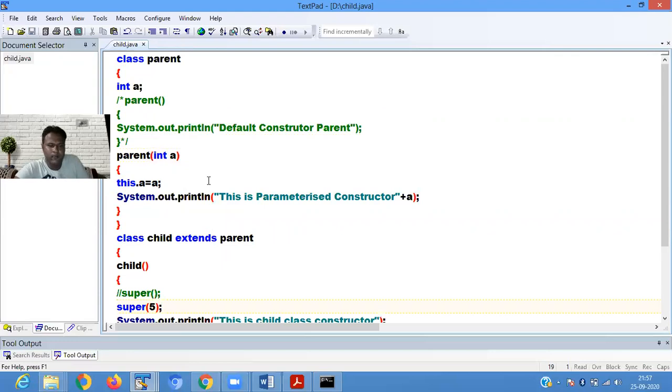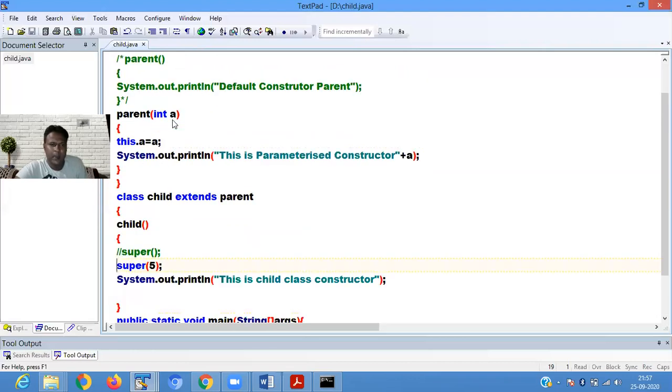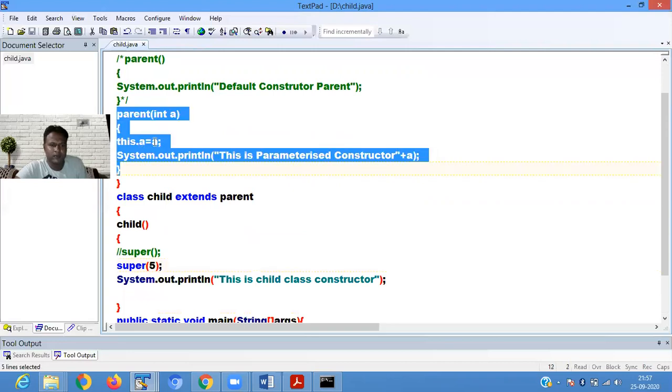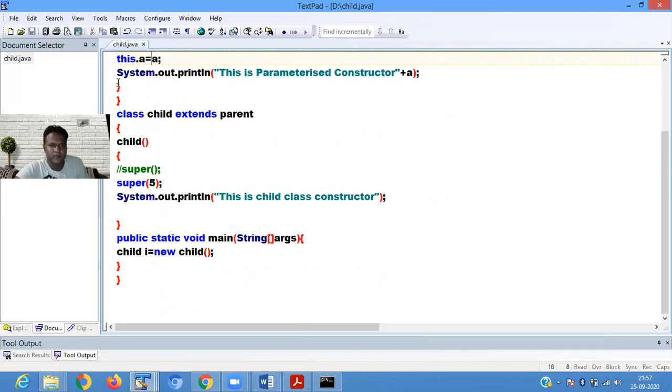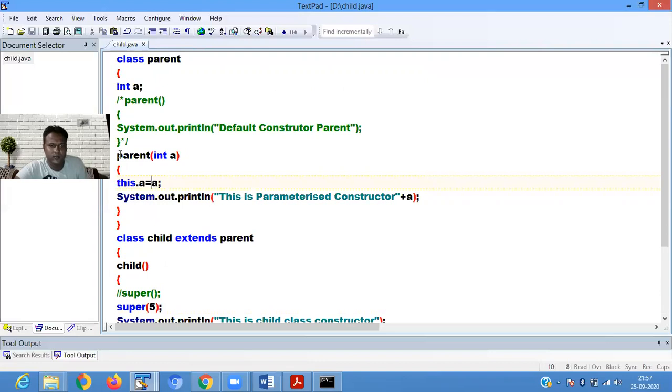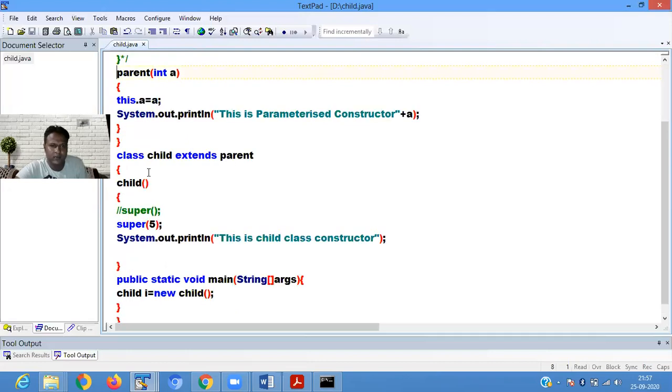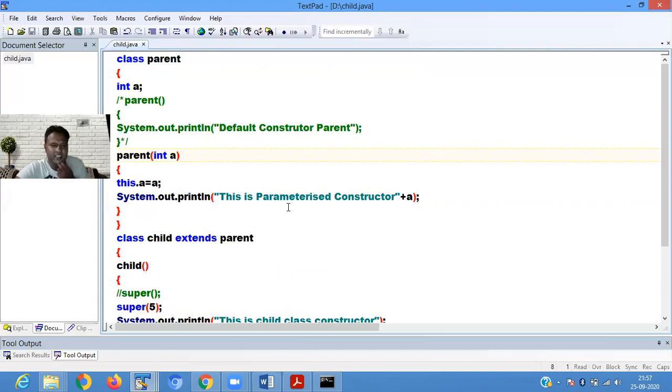Int a, we are defining a member variable, then the parent class constructor Parent(int a), this.a = a. Whatever value we pass at runtime is initialized here. Then we are initializing the member variable, and it shows the parameterized constructor value is here.